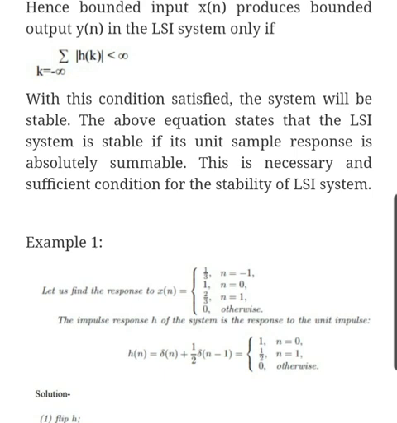In parallel connection, the two systems are connected in parallel and the same x[n] is applied to the two systems. And in feedback interconnection, a feedback connection is made from output to input. So suppose y[n] is the output, and it is again applied to system 2, and its output is T2, which is then added with input x[n].